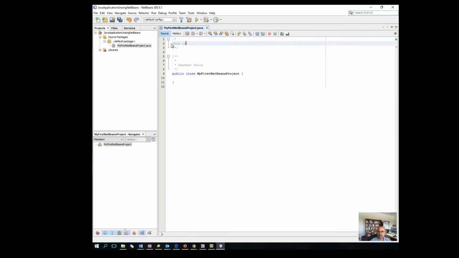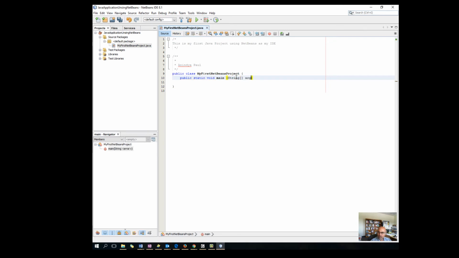So this is my first Java project using NetBeans as my IDE, and of course I can name it, and this is actually picking it up from my username, so I can say this, and now I have a public class, and this is the name of my Java file. So I'll start off with public static void main